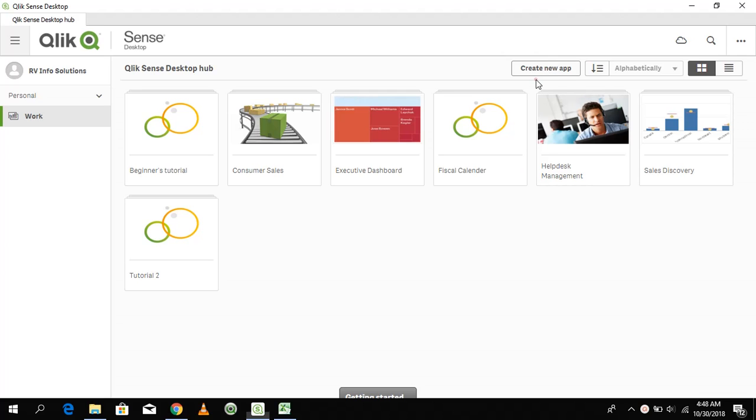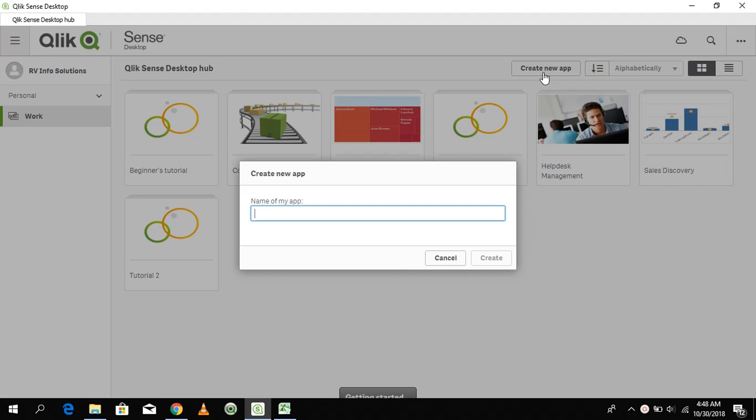What is a Qlik new application? A Qlik application is nothing but the dashboard which you are going to present to your end user. So you can embed the data into the application, you can add objects, bar charts, graph charts, whatever representation you want your users to see from your dashboard. So just name this dashboard as sales report